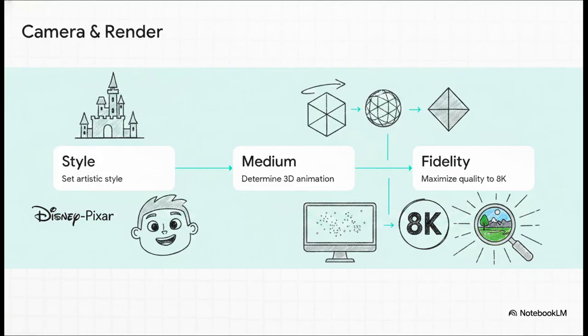The text ends with a string of highly specific commands. We can actually break these down into 3 logical steps that dictate the camera and render style. First, it sets the artistic style by declaring Disney Pixar style. Second, it determines the medium by specifying 3D animation. And third, it maximizes the fidelity with terms like ultra-detailed, high-quality, and 8K. These aren't just throwaway words, folks. They are the stylistic filter through which the entire scene